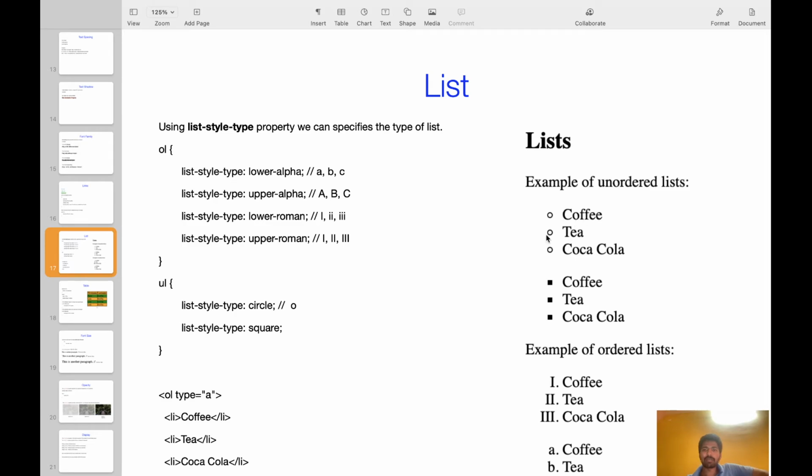This is an example for unordered list. This square and a circle will come. You can control with this type attribute instead of CSS. You can use type equal to A, means A, B, C like that will come. If you use type 1, then 1, 2, 3 will come in this list.